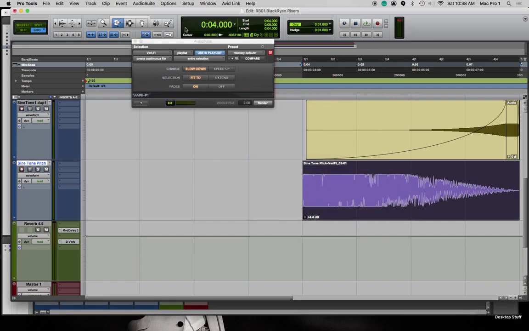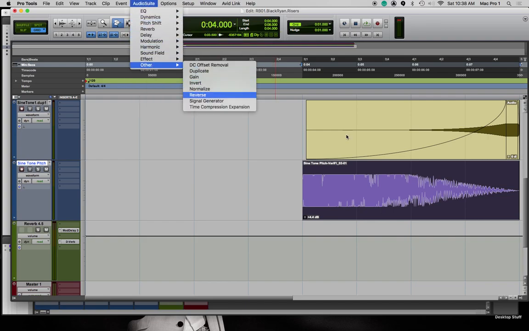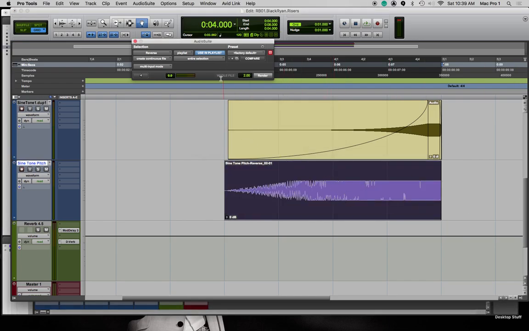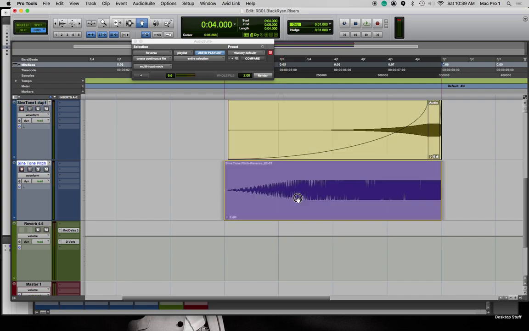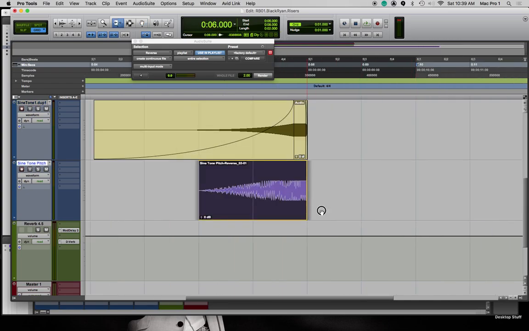And then what I'm going to do with this one is go into other and reverse it. And remember, oops, I've got the reverse plugin up, but I didn't choose to do it. So I select the file I want and I hit render. It reverses it. And remember, I said you're looking for this sort of sweep shape, right? That's the key, or that's like a good starting spot, I guess, to having a